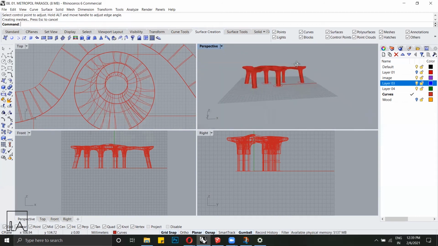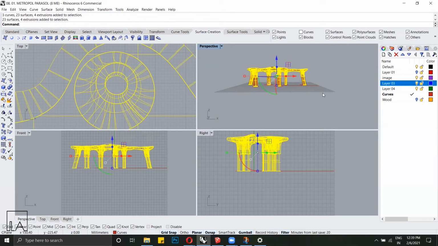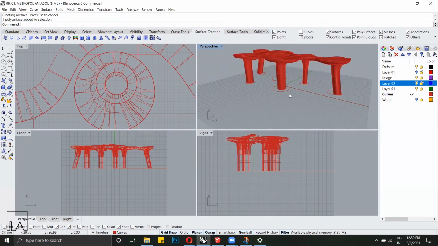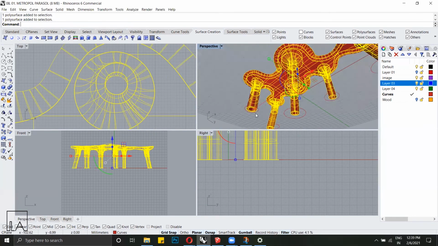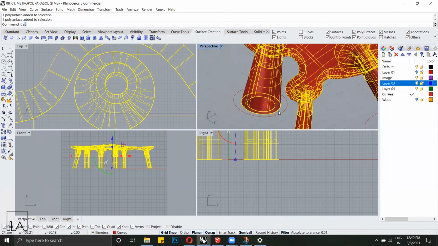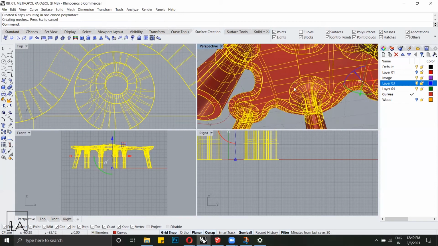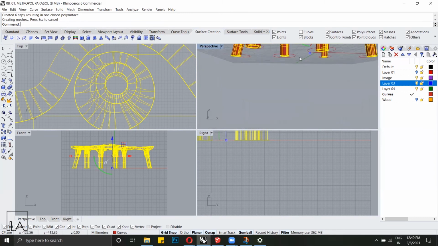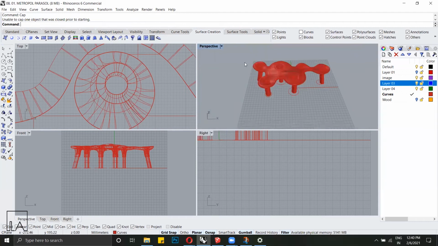And now lastly, we need to get the individual elements from all this. So I'm going to deselect curves, select all my surfaces, and join them. Okay, so now I have joined it. Now when I select the entire thing, I have it as one surface. And the bottom of these is going to remain open, so to avoid that, I'm going to cap them so that I have a completely closed surface. And you can see I have all the curves below covered up. This is going to play a role once I introduce the next function.